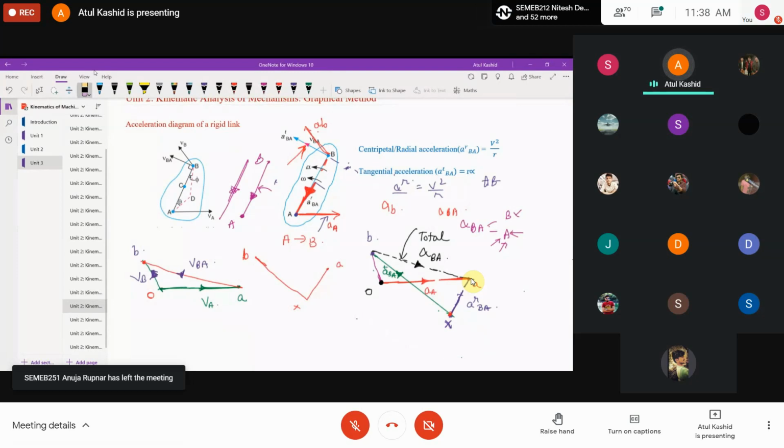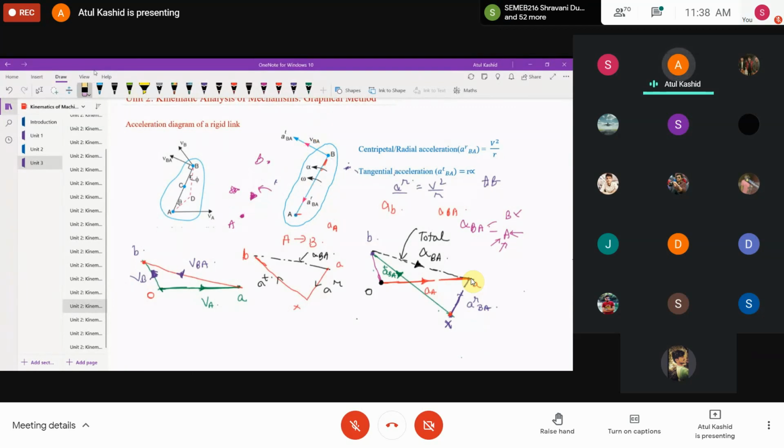And now we have to see the velocity diagram. So let me complete this for link AB. This was our radial acceleration. This was our tangential acceleration, right? And this is our total acceleration of B with respect to A, right? Now just look at the velocity diagram, right? We have taken the diagram same for the velocity and acceleration. So a rigid link AB we had taken, right? And we can see in the velocity diagram, to reach from A to B, we only require this vector, right? And what was that vector? This one. We reach from A to B with the help of one vector.